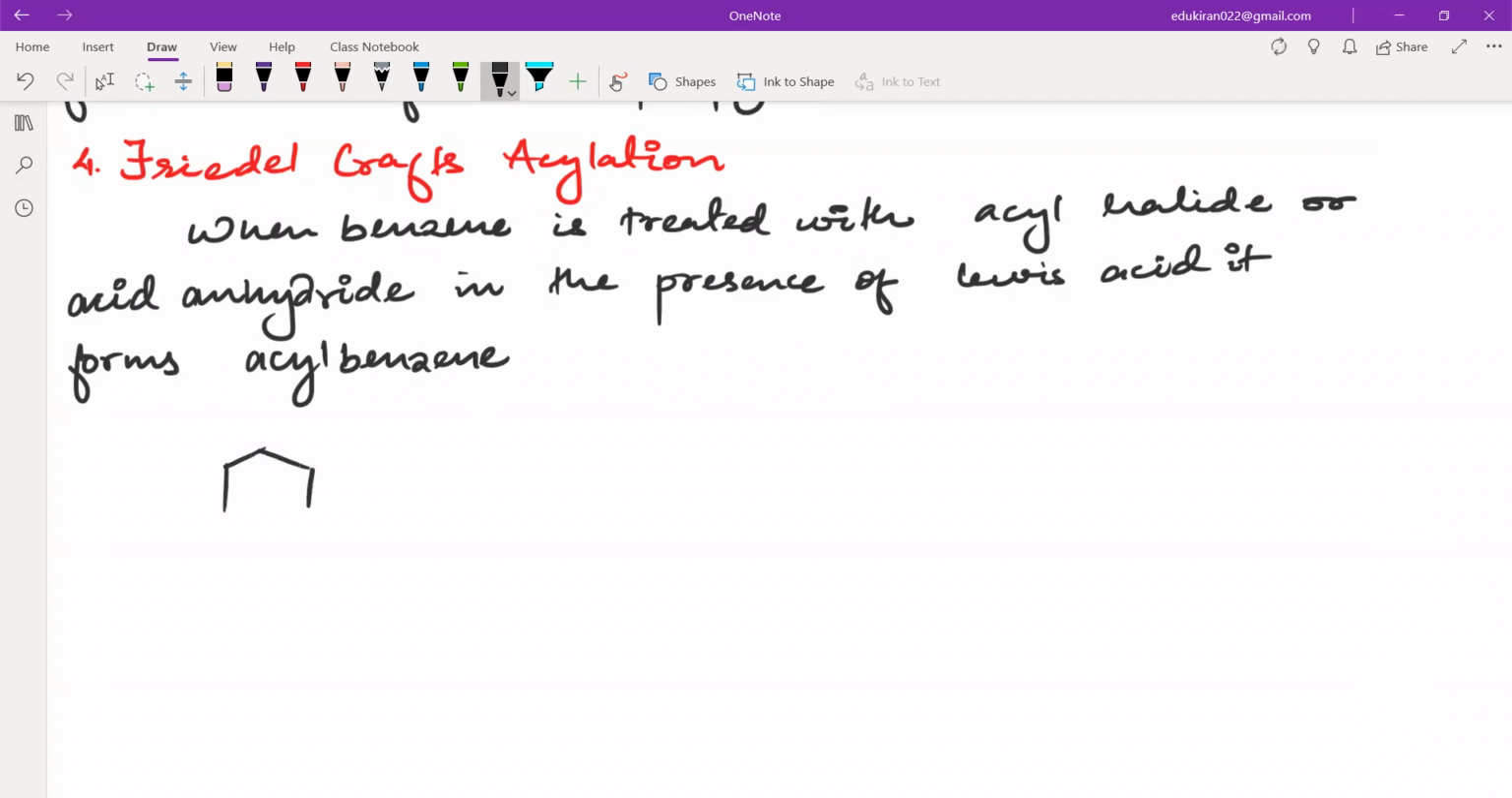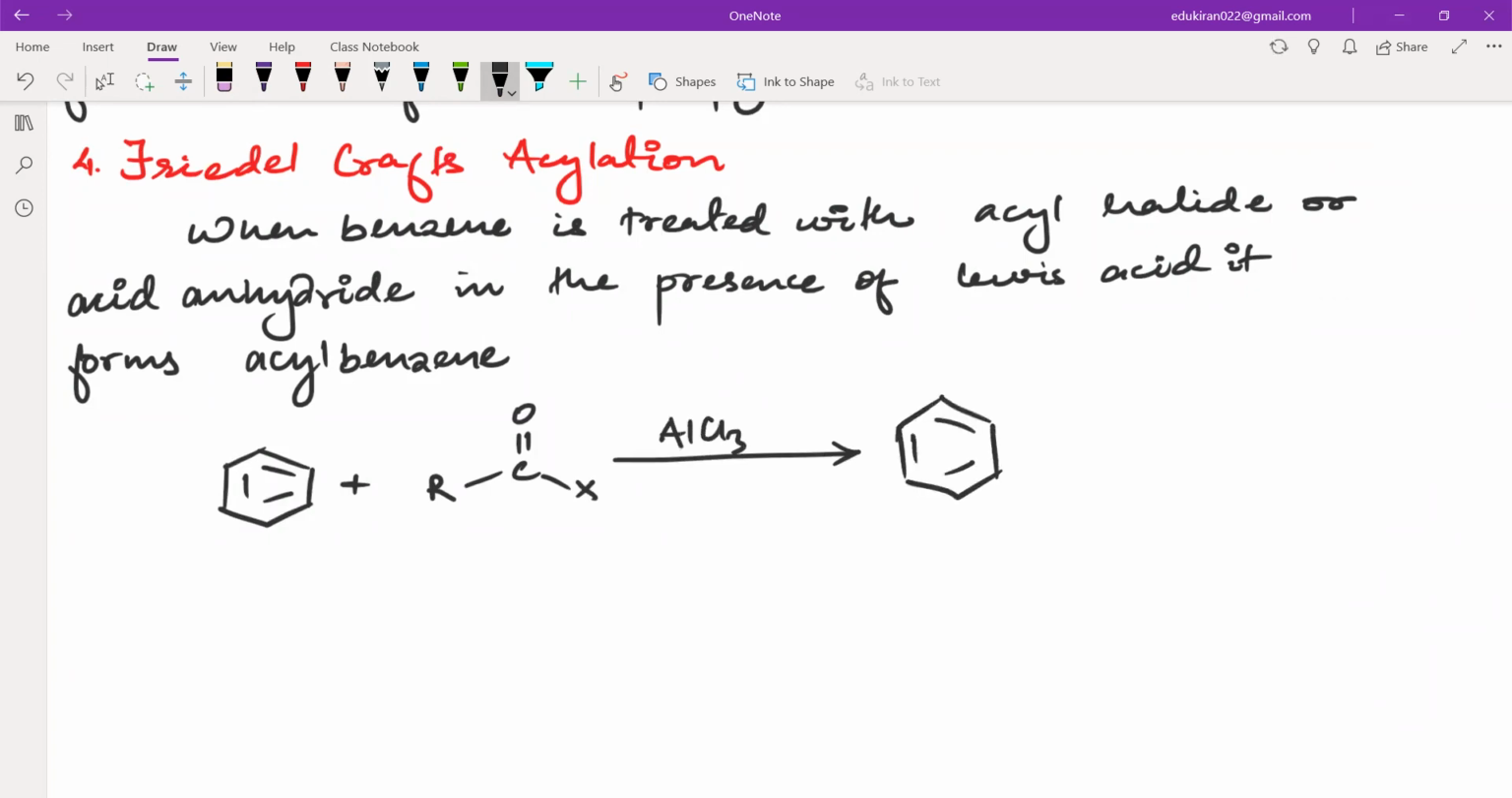So we have benzene ring plus acyl halide. Acyl halide is CH3, C double bond O, and Cl. Or we can generalize it to R and X. Now again, in the presence of AlCl3, we are going to get C double bond O and R group. So what will be the electrophile? Electrophile is going to be C double bond O R, and a positive charge will be on the carbon atom,